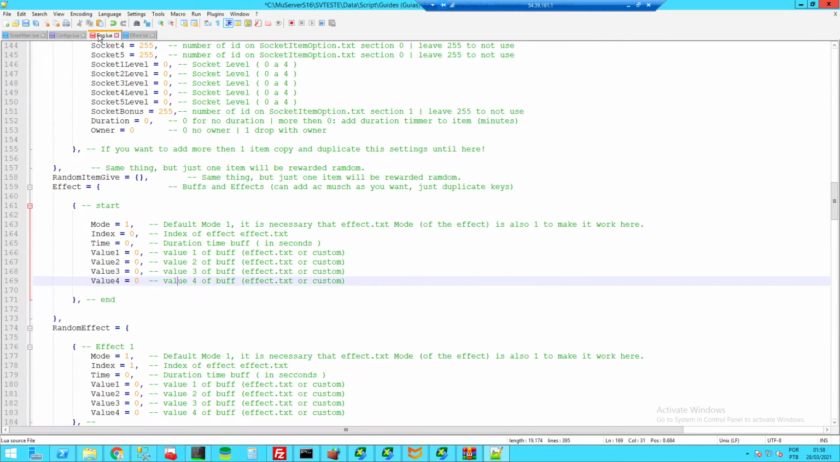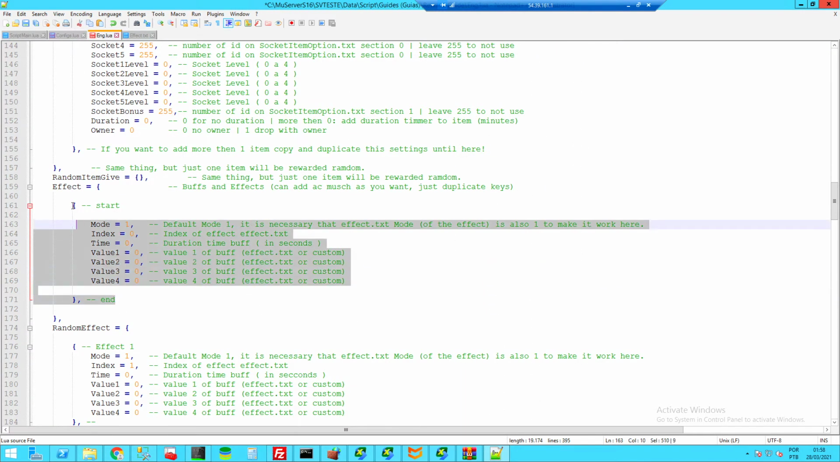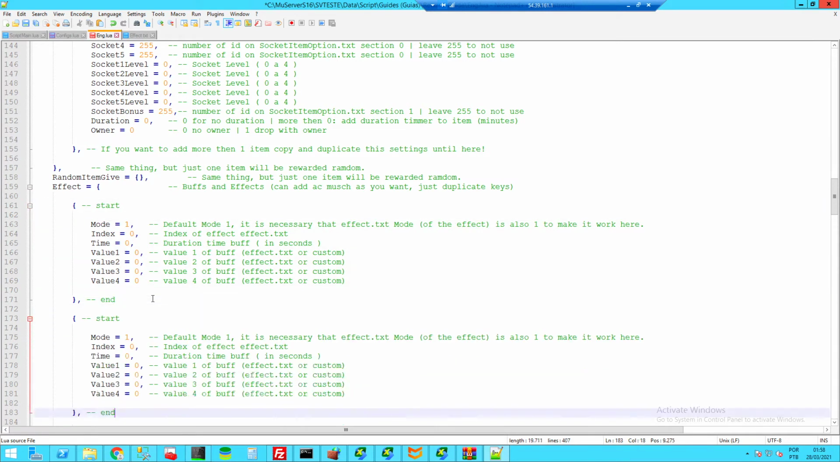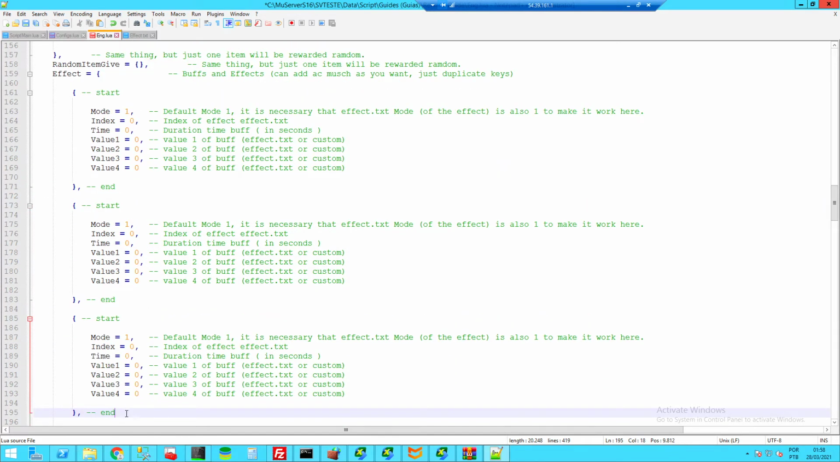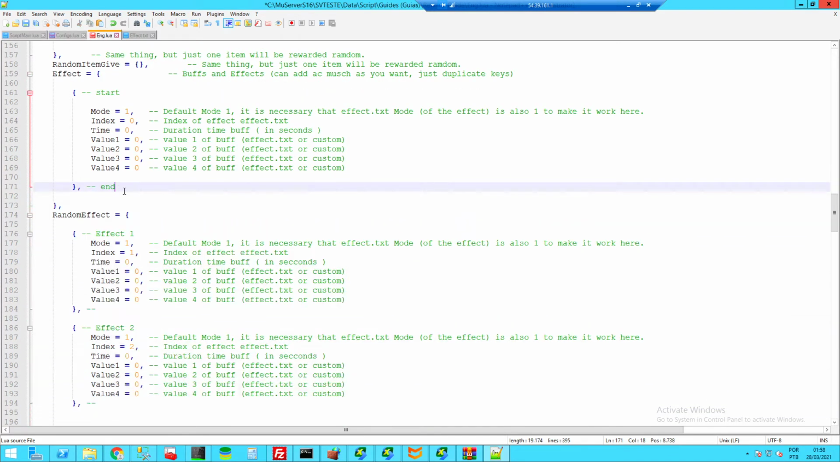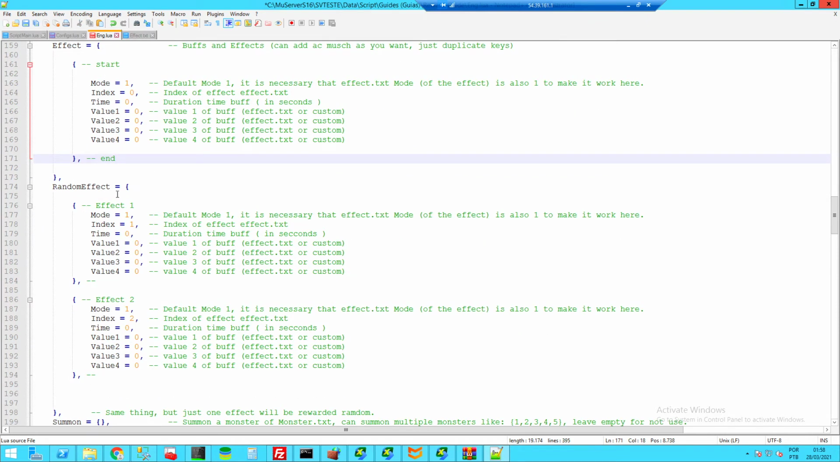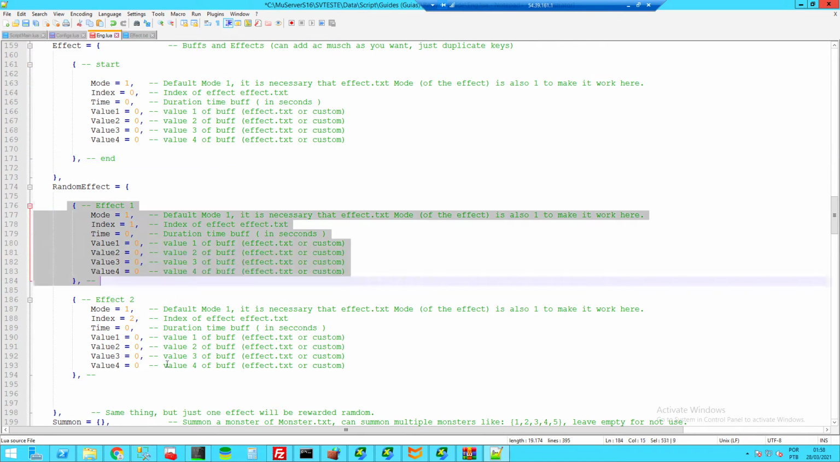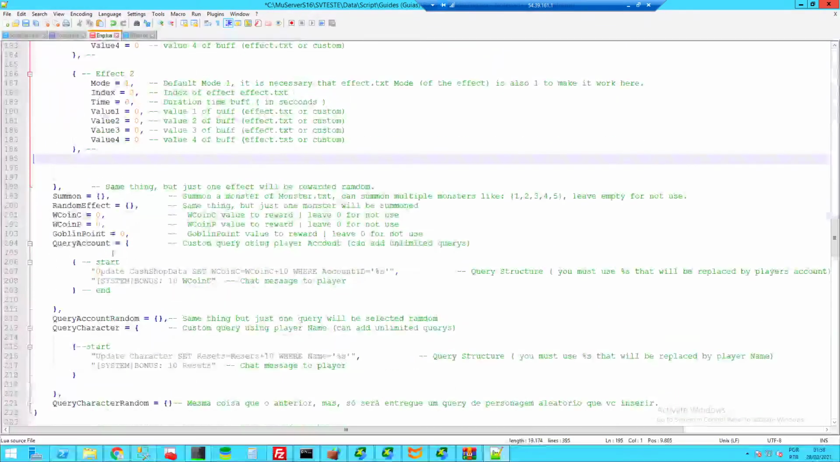If you want to add more than one effect, just copy, and you can add unlimited effects to the player. Same thing here, random effect. It will randomly choose one of these 2 options. Here is to